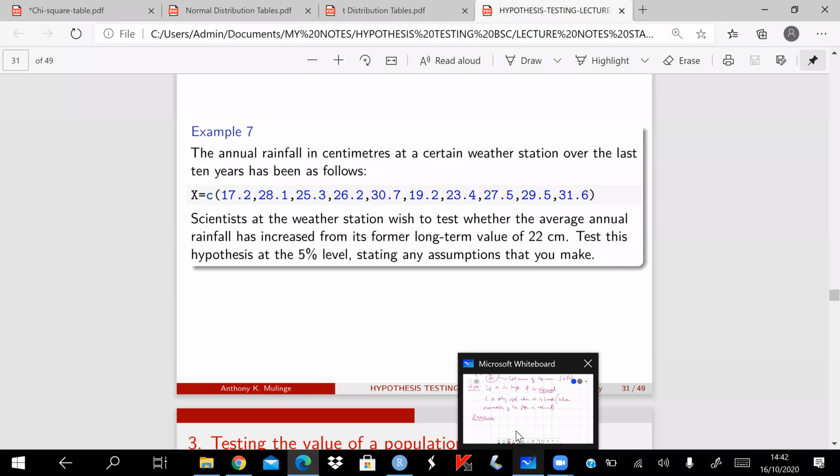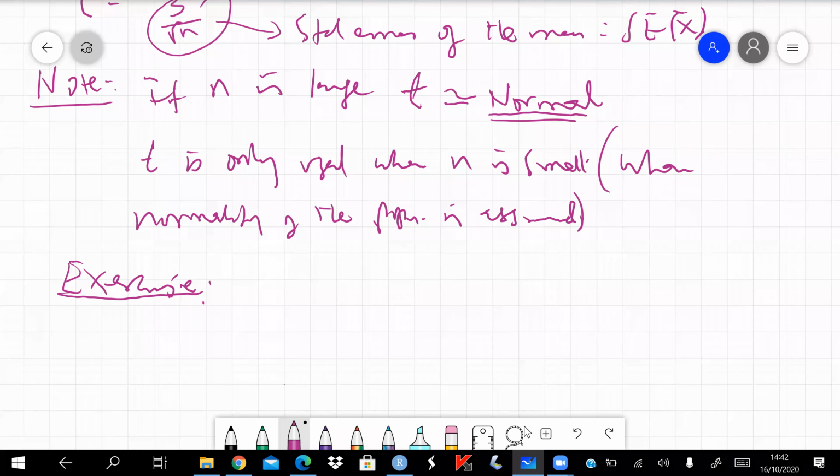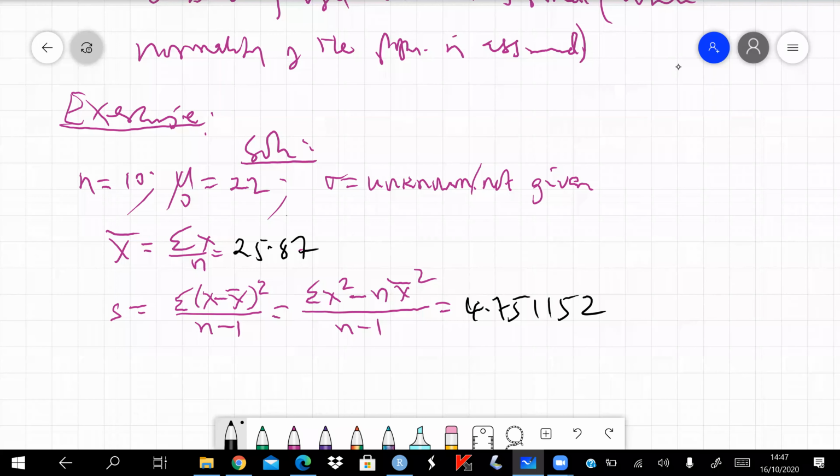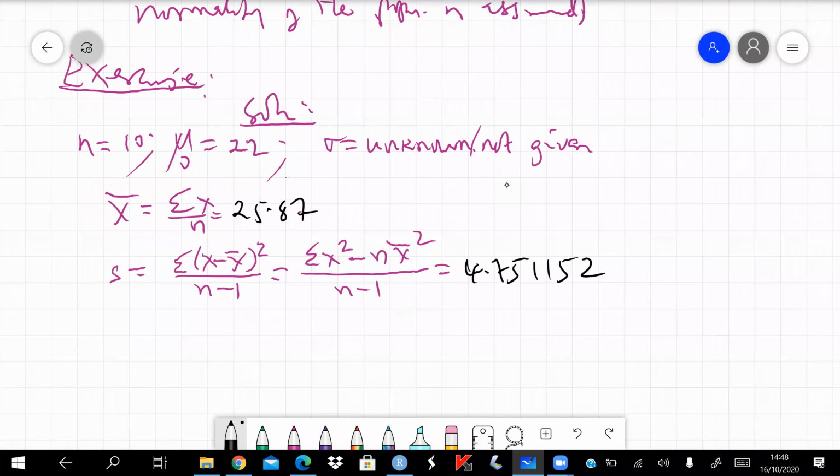So we'll need several things. Solution. You notice that in that question, you are given n is equal to 10. Then you are given the hypothetical population mean as 22. Sigma is not given as per that question. Then using the available data, you can obtain X bar, which is given by summation of X divided by n,